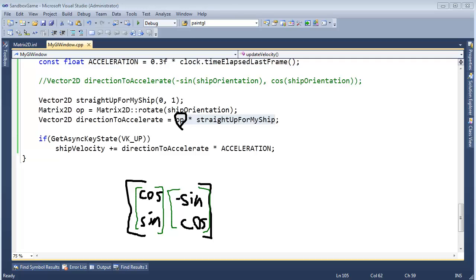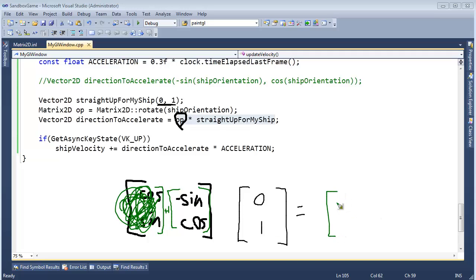Okay, well, what does it mean to be straight up for our ship? Well, that essentially means straight up for our ship. Remember, we define this vector as 0, 1. So we're multiplying this matrix against this vector. Well, what's that going to give us? It's essentially the same as saying 0 times this basis vector plus 1 times this basis vector. Well, 0 times this means it just goes away. So then we're left with 1 times negative sine cosine. Okay, negative sine